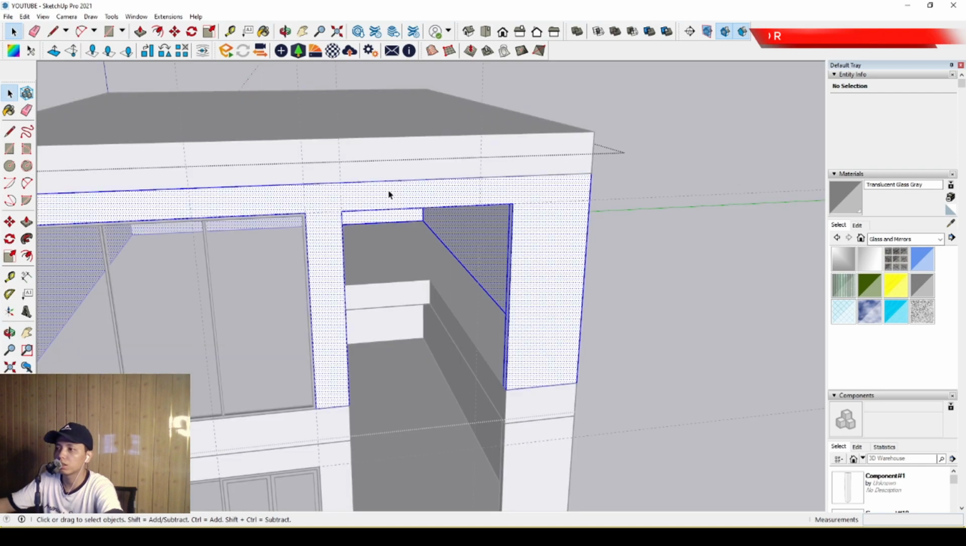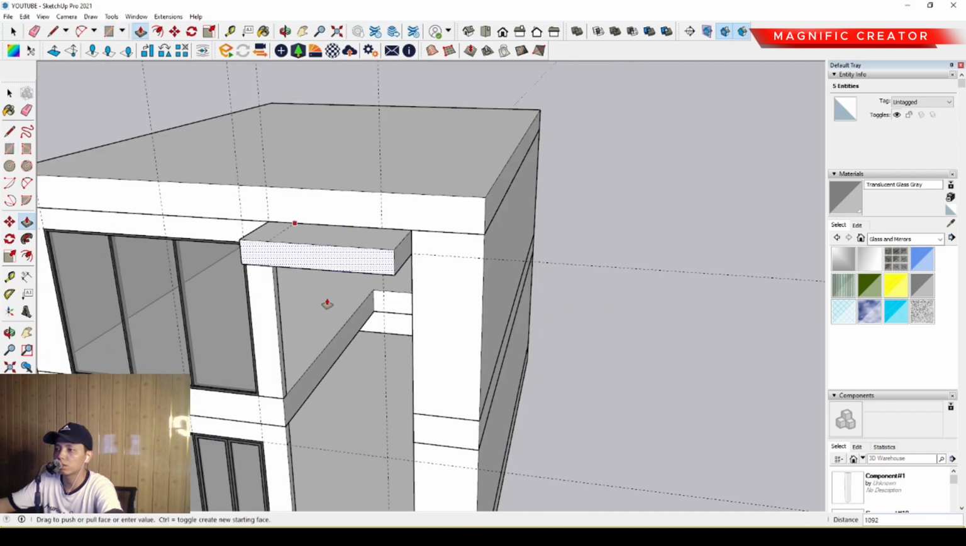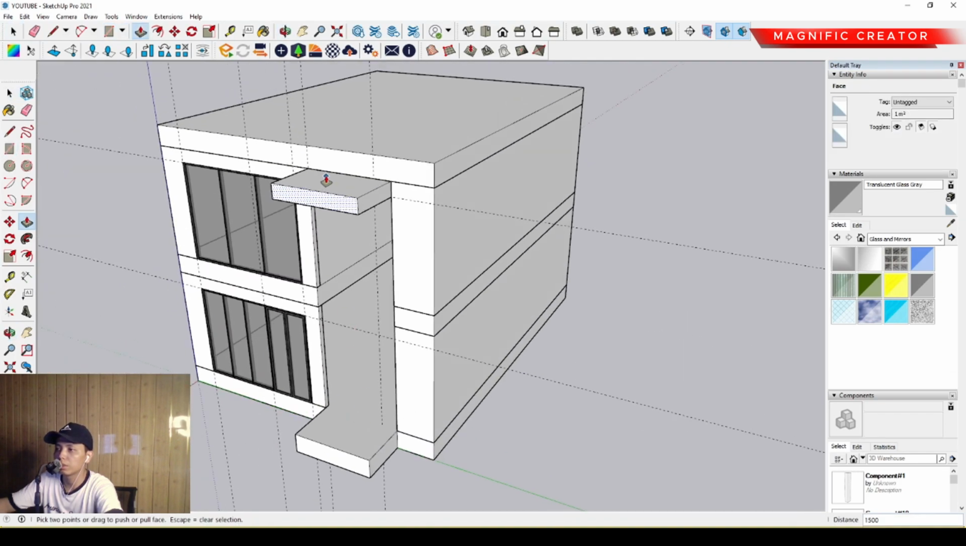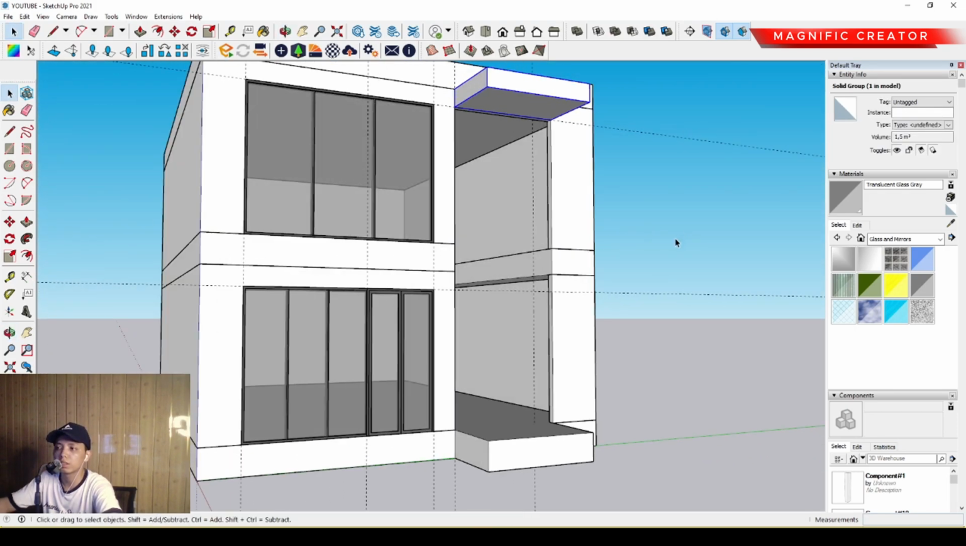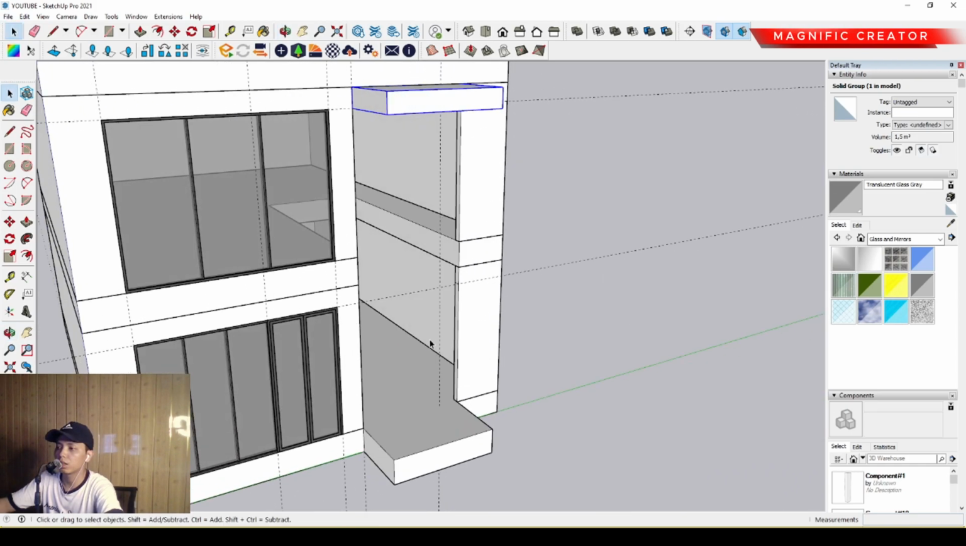We can make the slab over there without entering the group. Just add the external slab anyway. Okay, like this. You can see this. Okay, and after that we can make another variation of the